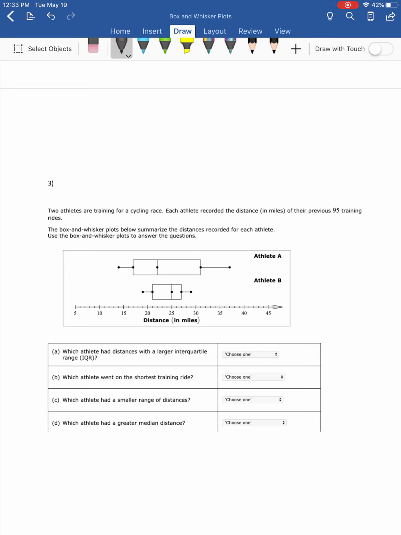Okay, so we have 1 box and whisker plot for athlete A and another one for athlete B. So the training for a cycling race, each athlete recorded the distance of their previous 95 rides. So they rode 95 training rides and they wrote down the distance, how many miles they ran in each. And this box and whisker plot summarizes the data for each. So for athlete A,